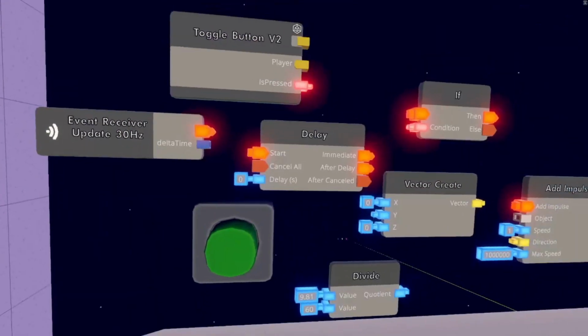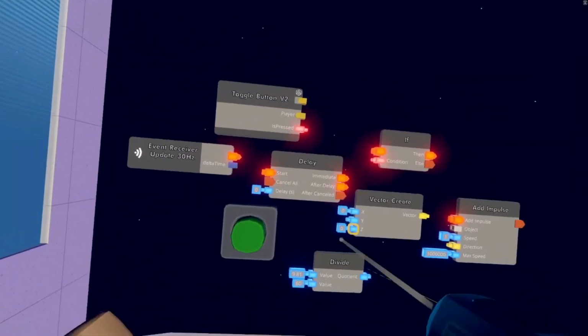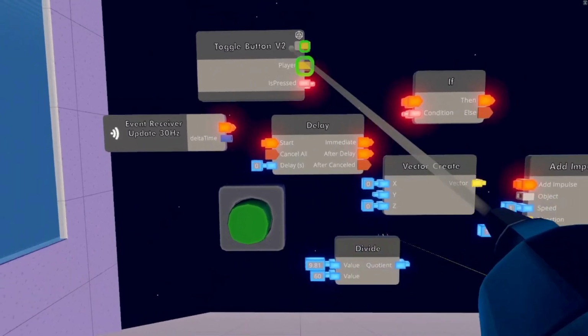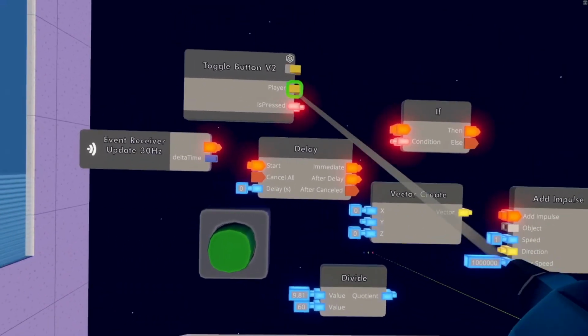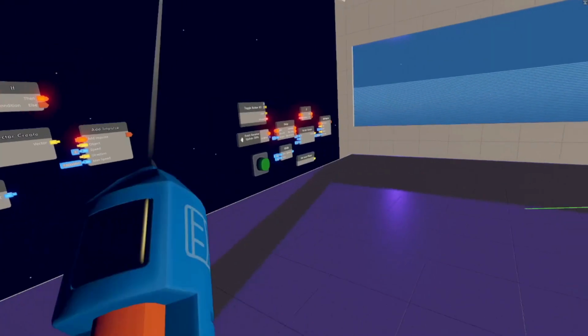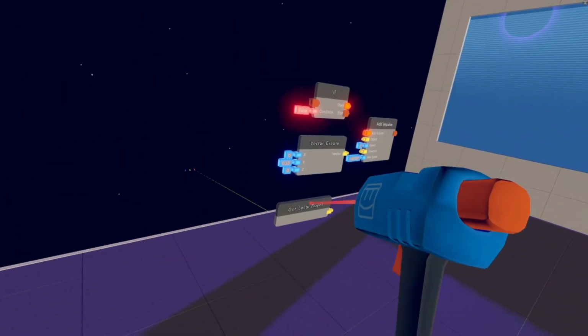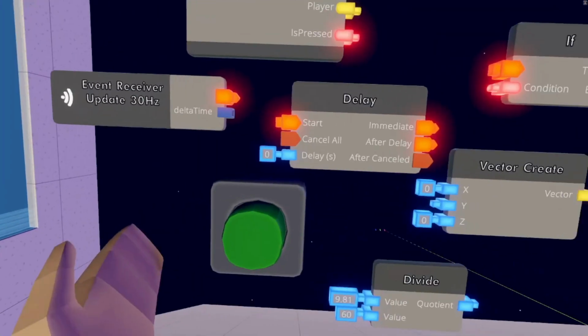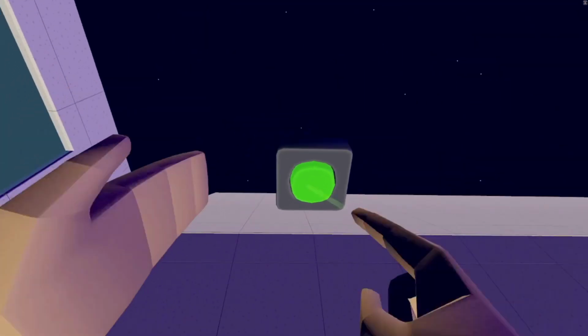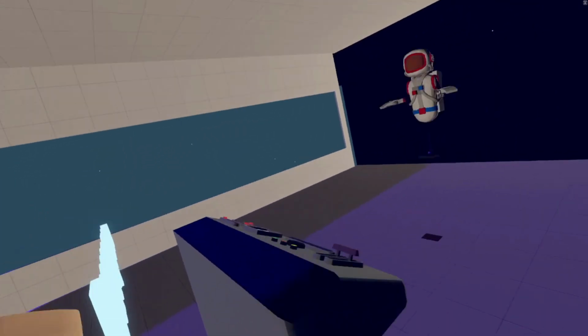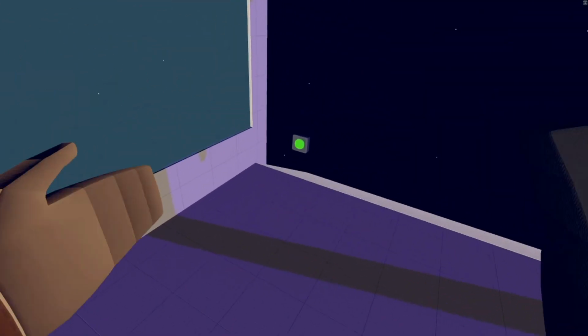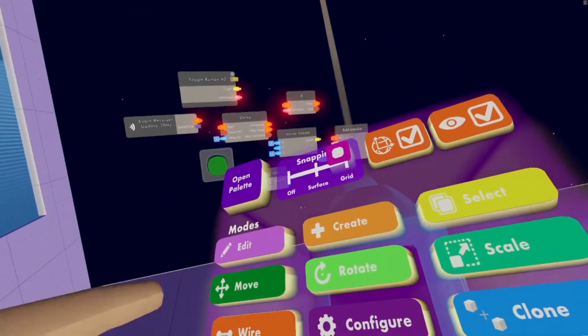If you want an individual player, like the player who presses this button will get gravity, wire player to object. I'll have to delete these because it probably won't work. So the player who presses that button will get gravity. They will get gravity, and it's kind of hard to maneuver. You have to use the walls and climbable items. But if you want